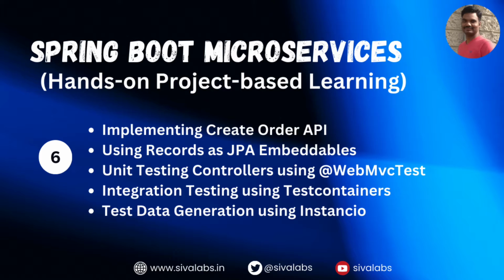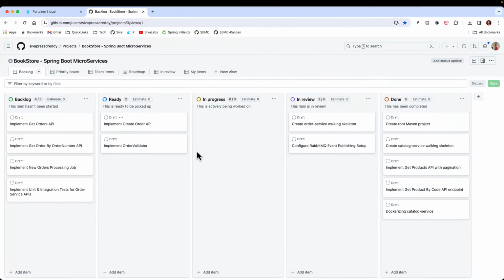So usually while writing tests, we need to populate some beans and then use them. There are many such libraries, but I personally like this library, so I'm going to demonstrate how we can use this library to generate the test data. So let's get started. Let's take a look at what we are going to do as part of implementing this